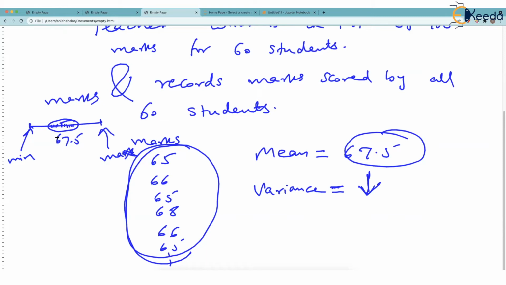What is variance? Variance is the difference of each reading with respect to the mean and squaring it. Recall the formula, and then taking the average of that entire sum. So it will be divided by 60 in this case. And if variance is very low, the teacher is disappointed, really, because all the students performing very near to the mean means there is no student who has really performed very well. But it's actually good news that there is no student who has performed really very poor also.